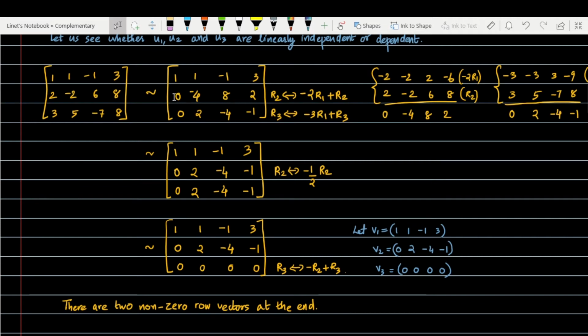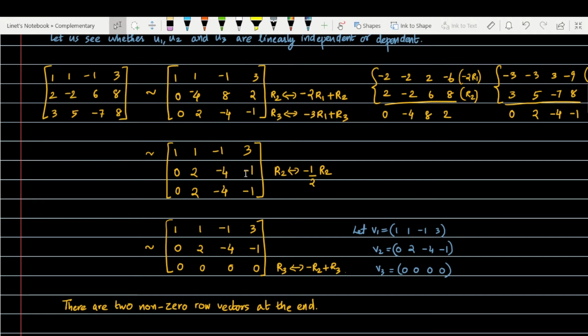Now that you have obtained the second row like this, you have to make the first non-zero element of the second row to be 1. So you have to divide all throughout by minus 4, or you can just divide, because since you see the second row, that minus 2 is a common factor, you can divide it by minus 2. Let's see what happens. When you divide the second row by minus 2, you get 0, 2, minus 4 and minus 1. Okay.